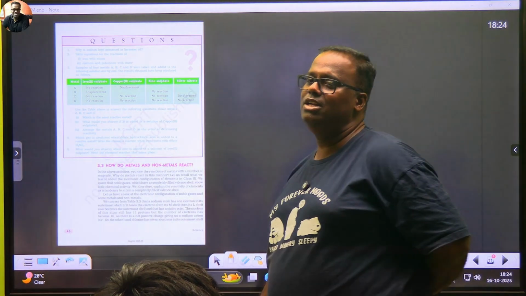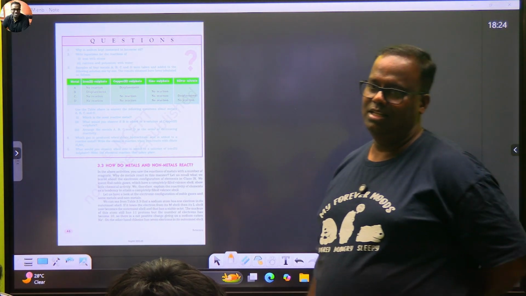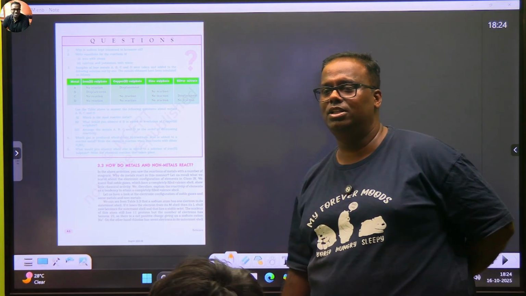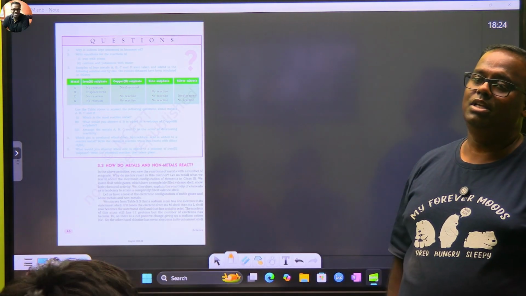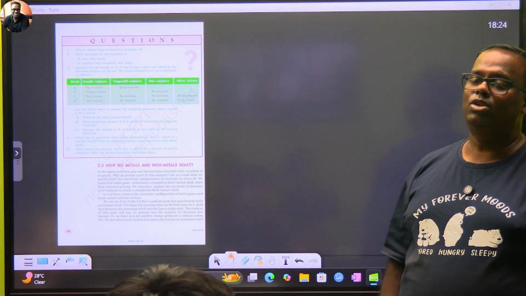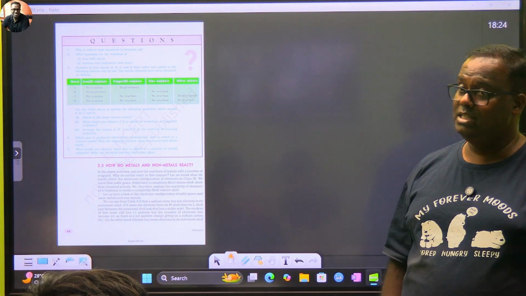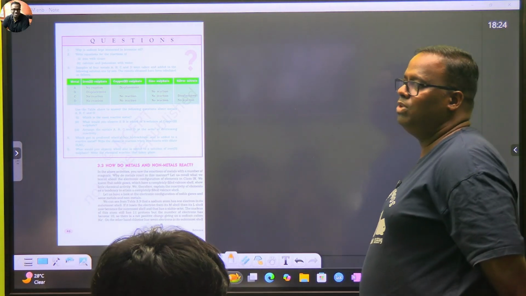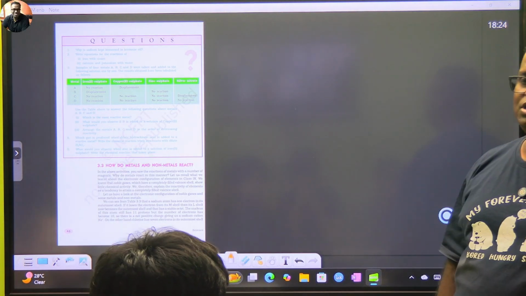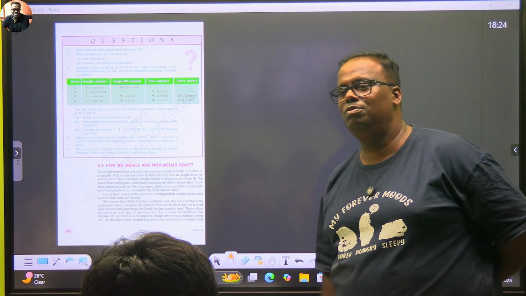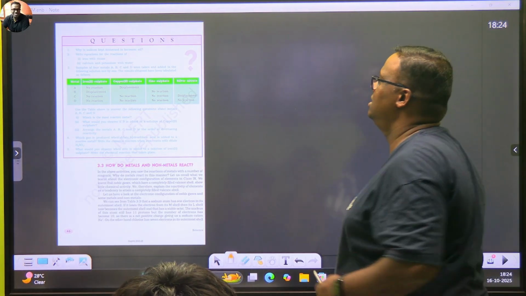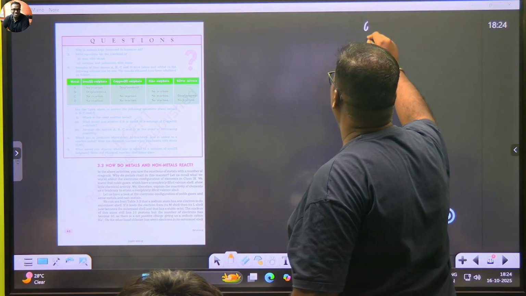How do metals and non-metals react? So the question comes again, how do metals and non-metals react? At the end of the day, the story comes down to the story of electronic configuration, right? Metals and non-metals. I told you, though we have covalent bonds and ionic bonds, in this part of grade 10, we will be concentrating only on ionic bonds. So before studying this, let us just understand ionic bonds.